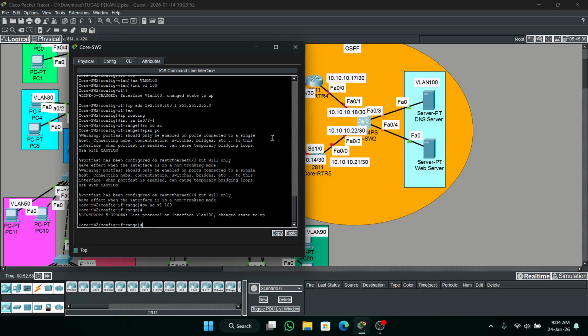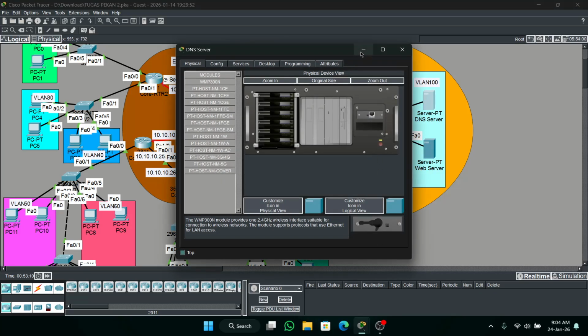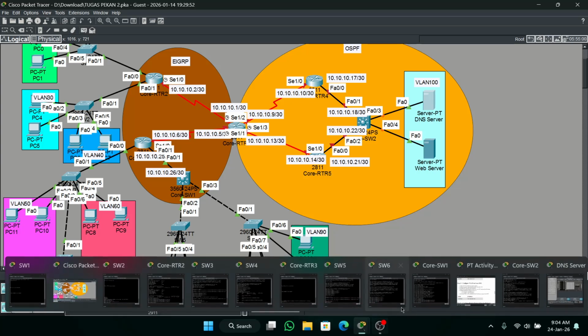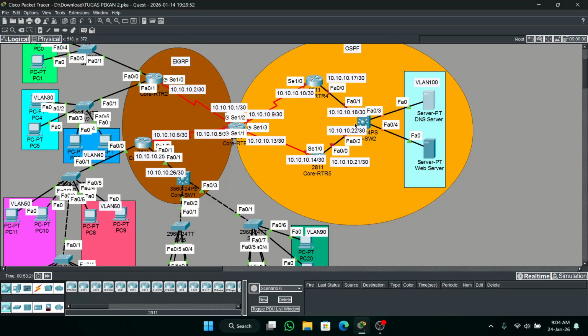Okay, what next? We will configure manual IP. Wait, check the PT activity. Port fast, okay, SVI, okay. Oh, excluded address.